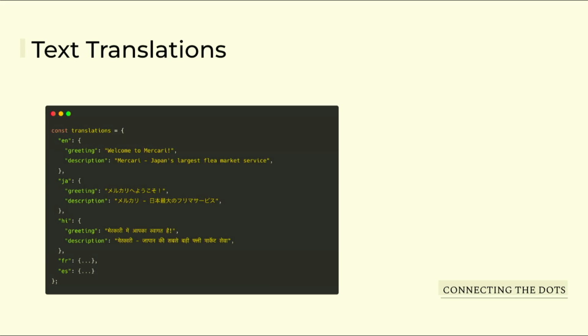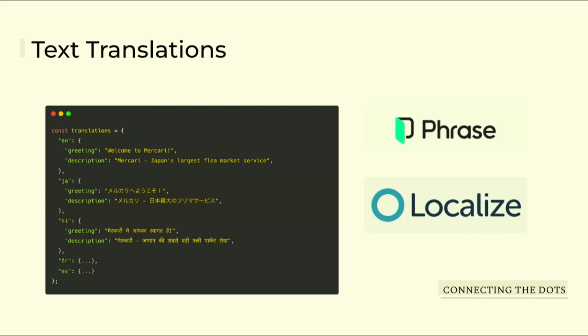So now looking more into text translation. There are a bunch of ways you can maintain the translations in your web applications. A common approach is to use JSON key-value pairs. These keep things structured and easy to maintain when you're working with translations in a large code base, for instance. There are some amazing translation management systems that can also be utilized to make these translations available in your application.